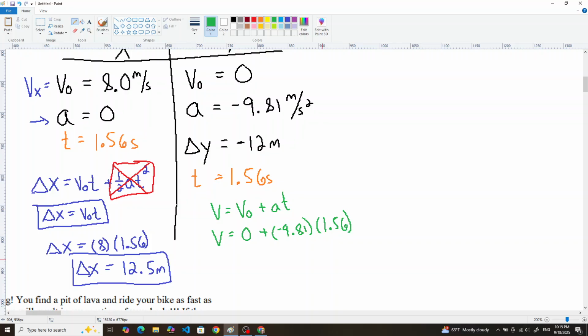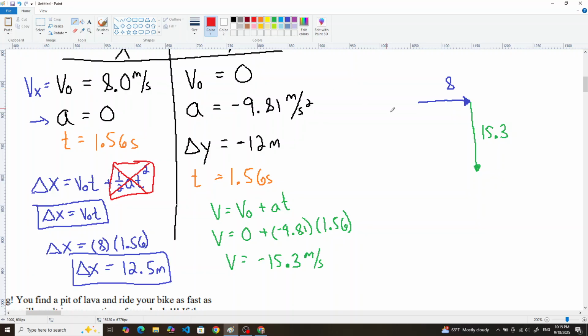A quick run with the calculator, 9.81 by 1.56 is going to give me a velocity of negative 15.3. So what we're going to do is build a triangle. The triangle is going to have a horizontal component of 8 and a vertical component of 15.3. I drew the vertical component down because it was negative, and the horizontal component to the right because it was